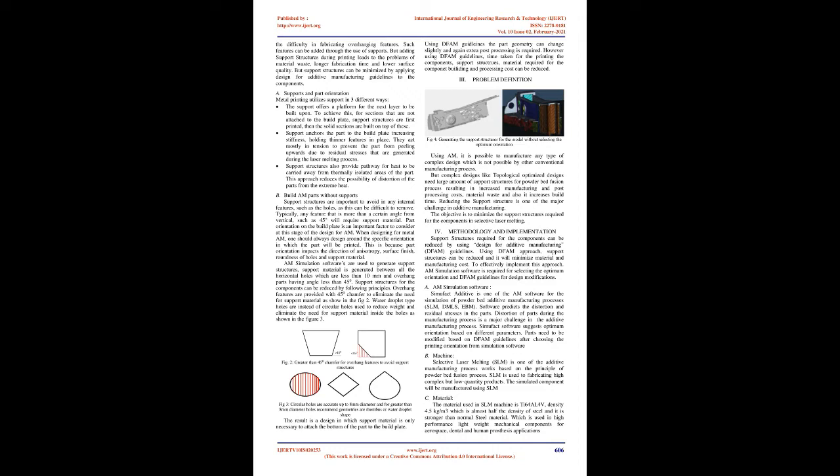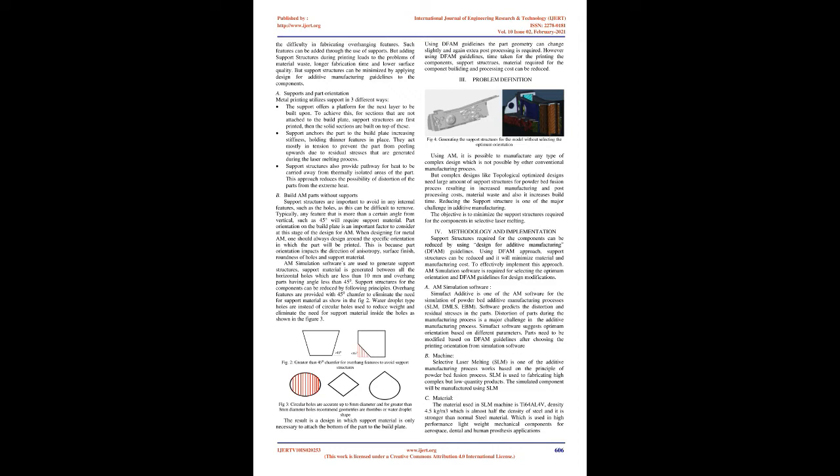Many of the design constraints associated with metal printing relate to limiting the likelihood of warping or deformation and the use of support structures. One of the manufacturing restrictions inherent within AM is the difficulty in fabricating overhanging features. Such features can be added through the use of supports. But adding support structures during printing leads to the problems of material waste, longer fabrication time and lower surface quality. But support structures can be minimized by applying Design for Additive Manufacturing guidelines to the components. Supports and part